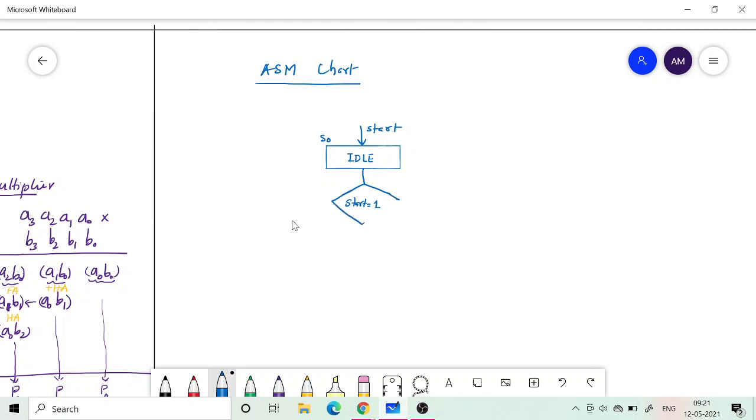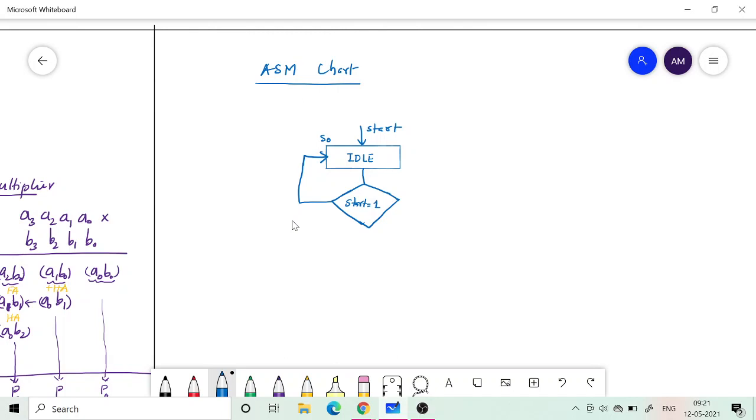It's like decision making. Is start equal to 1? We will keep on checking. In Verilog you can implement it with an always block, in which you give start. Whenever there is a change in start, you check whether it is equal to 1, and if it is no, nothing interesting happens, you remain in the idle state.